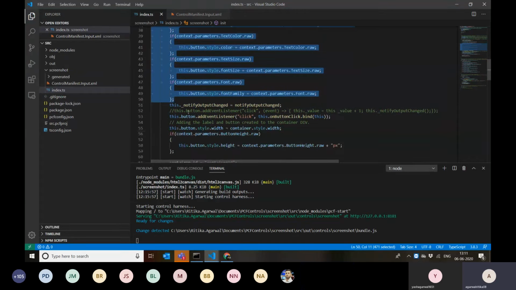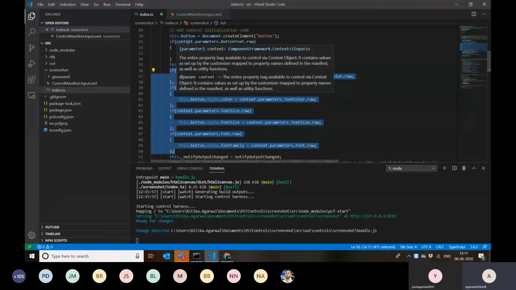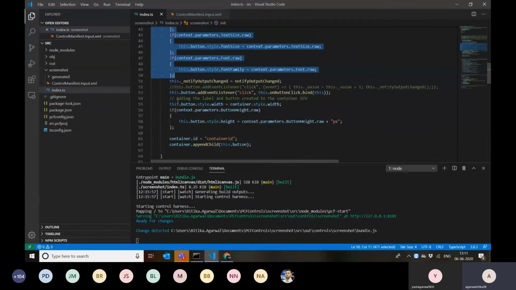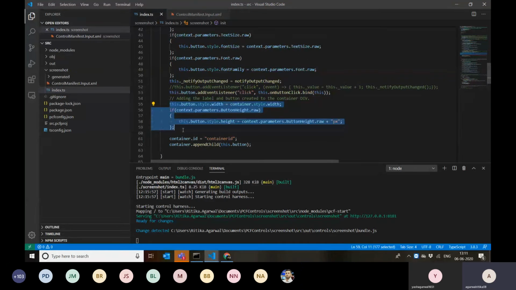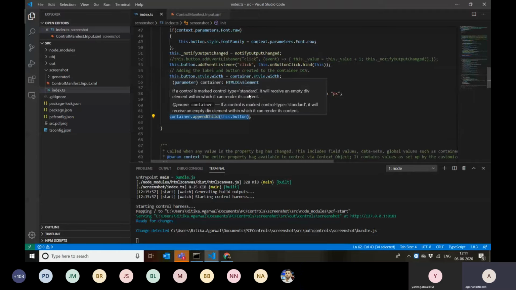Then we can also notify about the change. And for the button we just created, we need to add something. If I click on this button, there should be a listener which actually triggers some event. So we have added that here, this button dot add event listener, and on click, this is going to bind the on button click function. And this is for the button height, again the same thing, referencing the properties. Then finally, this button component is appended to the container we just saw, the outer box for this PCF control.